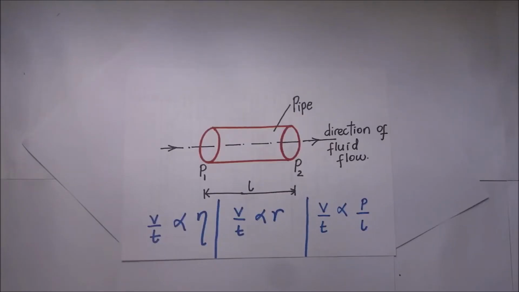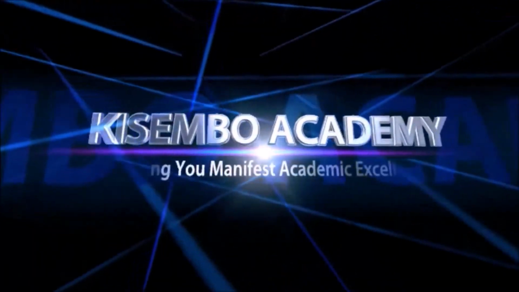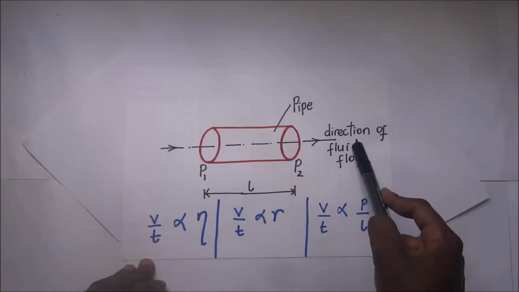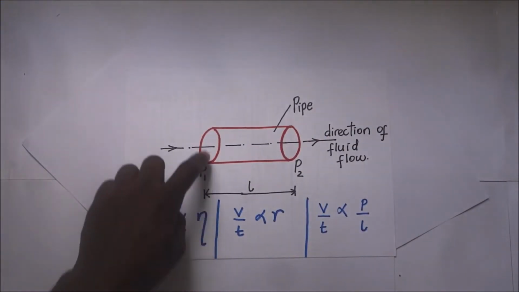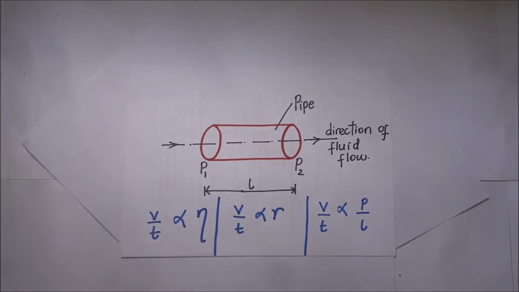Poiseuille's formula for fluid flow. So if a liquid is flowing at a steady flow in a tube such as this one, the volume of